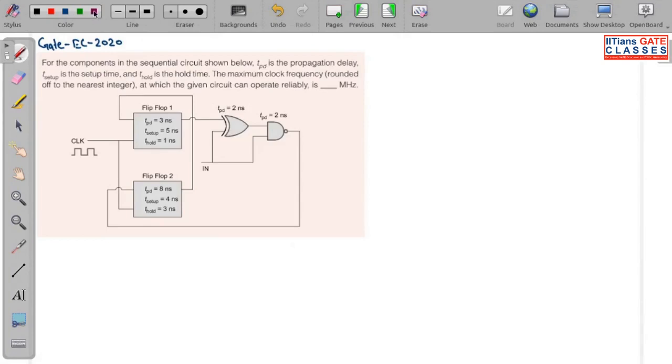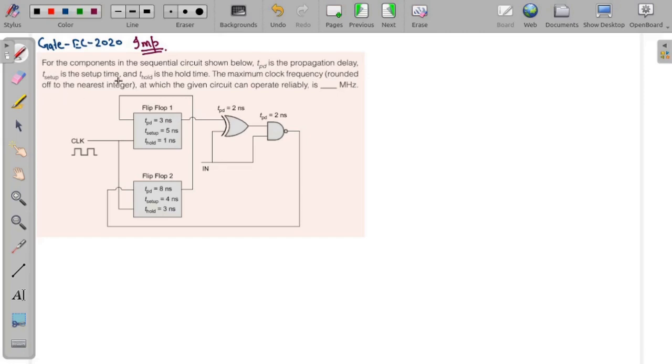So this question, actually it was one of the most conceptual questions they have asked for the ECE in 2020. It was actually simple, I can say, but it was very conceptual. Okay. So here what is given: for the components in the sequential circuit shown below, propagation delay TPD is the